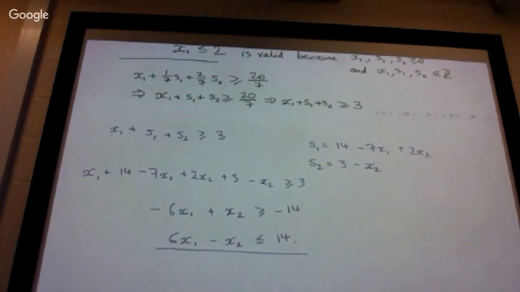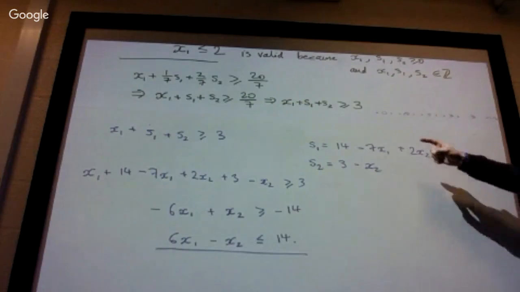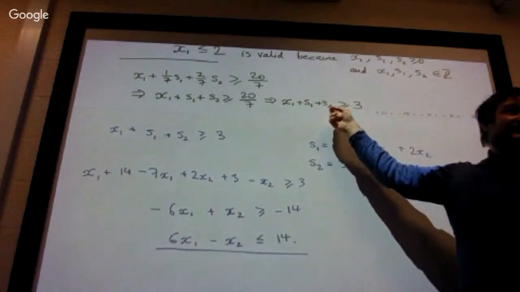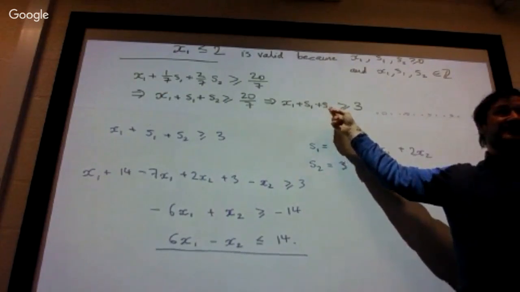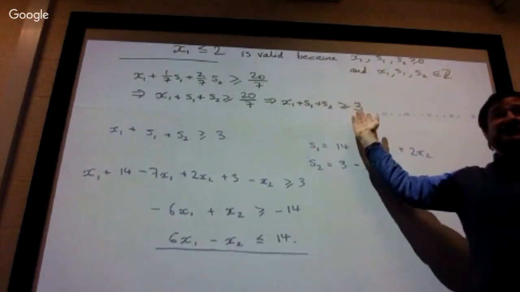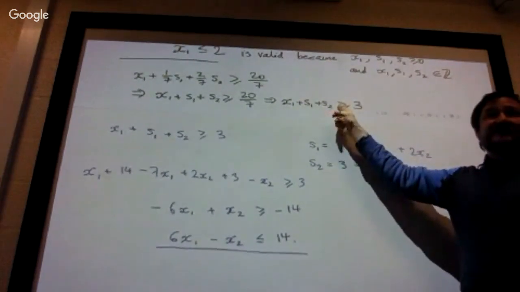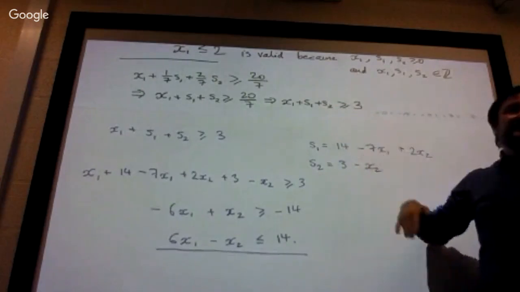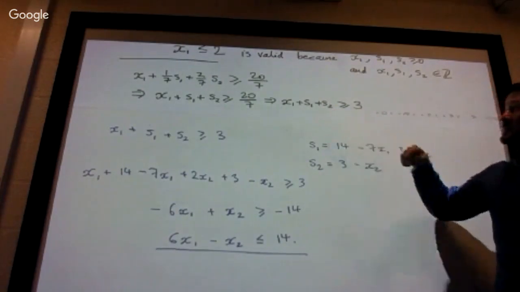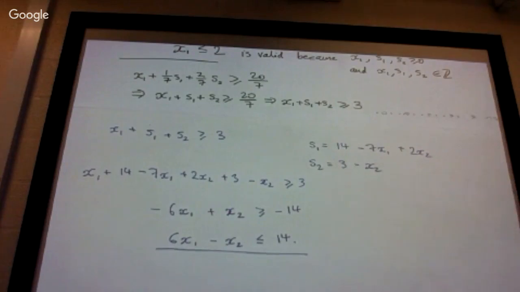So you get an inequality like this, and it has the slack variables in it, and you want to know what that means for x1 and x2, in fact, right? Because that's an inequality, and you can add it to your simplex tableau and keep pivoting. But if you want to know what that means for x1 and x2, what you do is, and that's probably something the assignment would also like you to do,